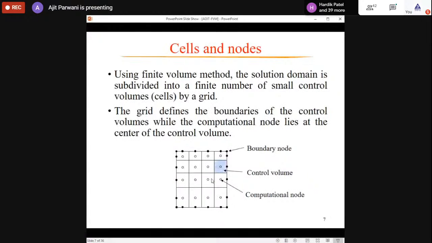Now, one thing you should always remember is that the variables are only stored at these node points. So if you fix the node points, then you can only obtain the solution at the node points only. Suppose you are finding the solution for temperature. Temperatures are only available at the node points, not in between. Okay, so if you want to find the temperature over here, then you have to define the grid point at this location. So wherever you want to find the value of the variable, you define the node point at that location only. Then only you can find the solution at that point.